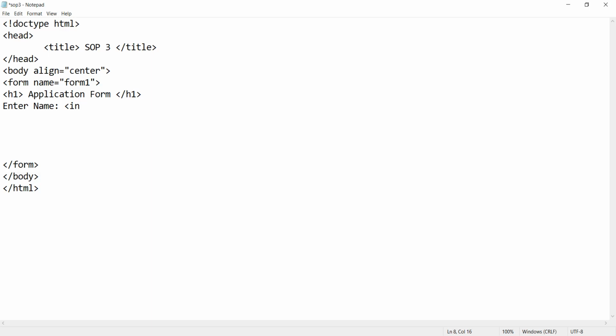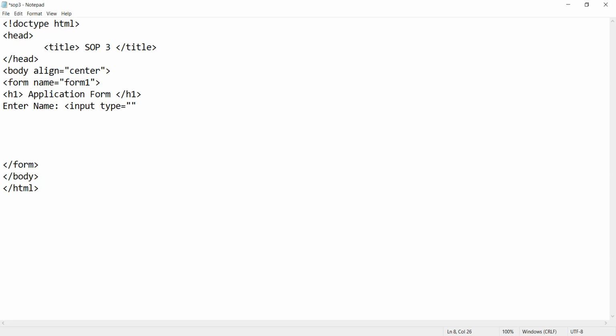To display the text box, there is one tag, that is input. With the help of the input tag we can insert different form elements one after the other. So now we want a text box. There is an attribute of the input tag, that is type, which allows us to select different types of form control.